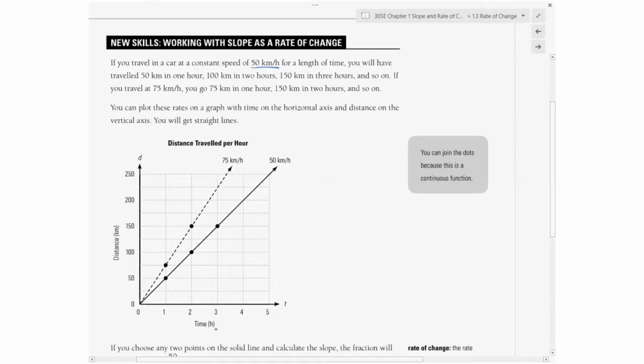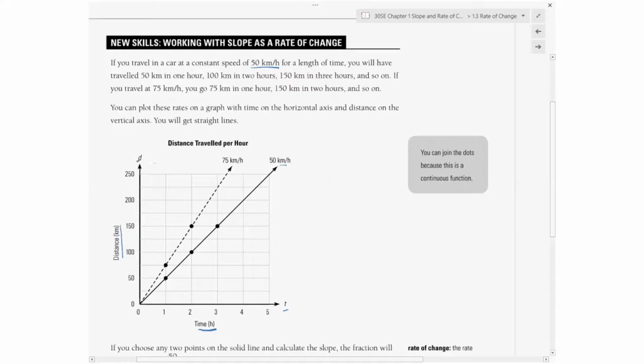So here's our time, and distance on the vertical axis. Here's our distance, and you're going to get straight lines. So here we're going 50 kilometers in 1 hour. So we travel 1 hour, we go 50 kilometers. We travel 2 hours, we've gone 100 kilometers. 3 hours, we go 150 kilometers, and so on. This is 50 kilometers per hour. You'll notice before we had an X and a Y axis, now we have a T and a D axis